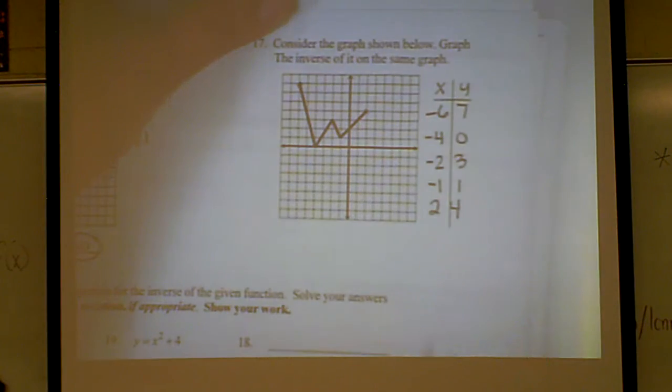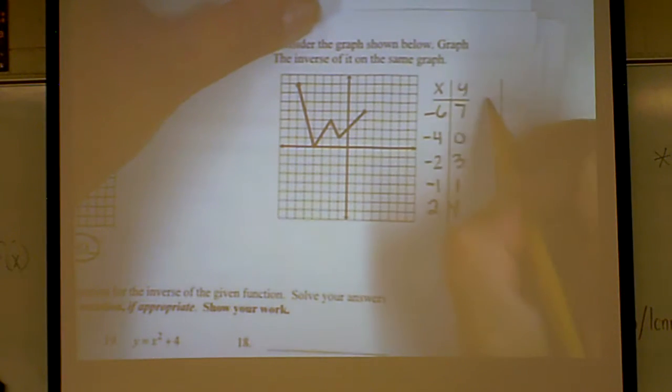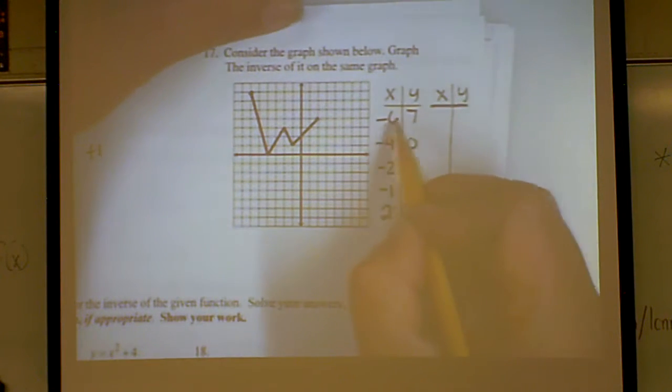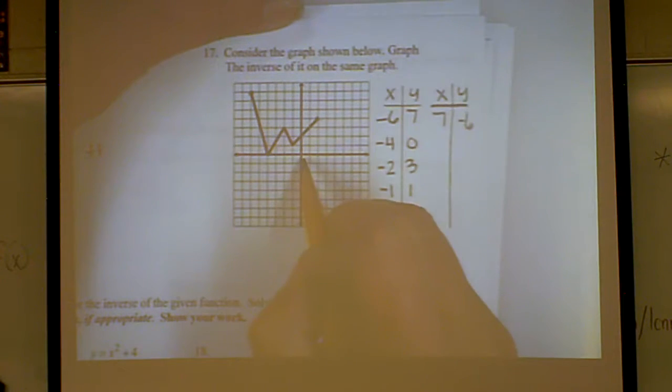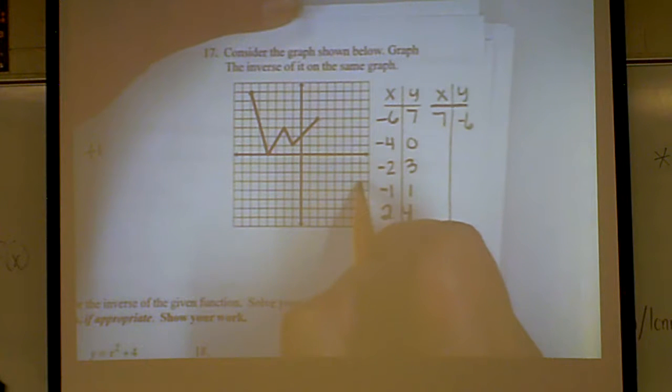That is correct. So now the inverse is when you switch your x and your y. So you're going to reverse these points like that. So you're going to graph 7, negative 6